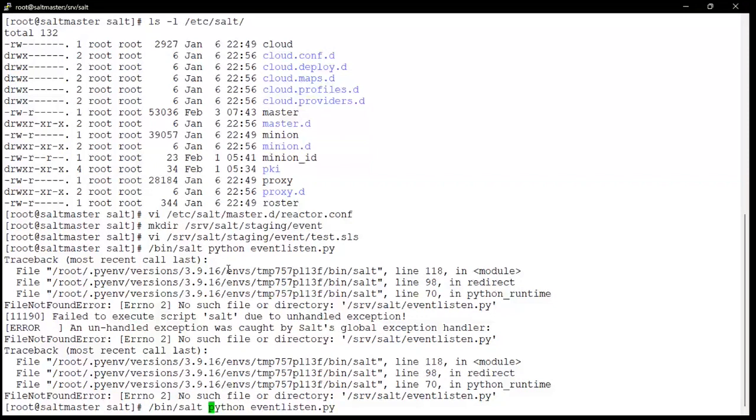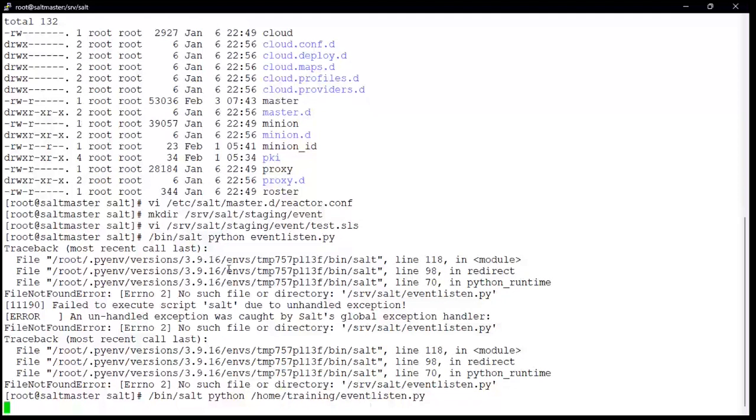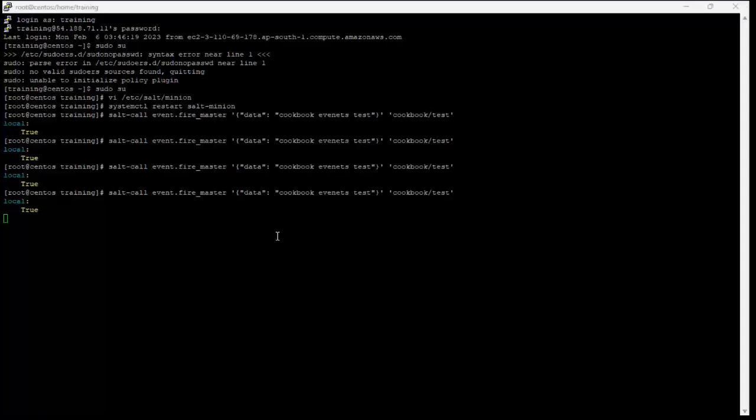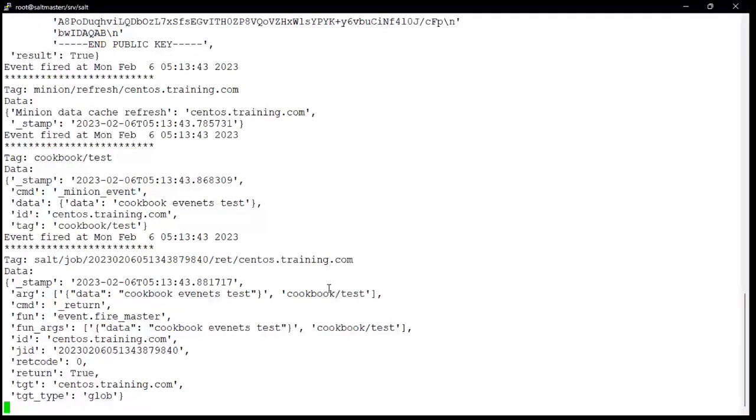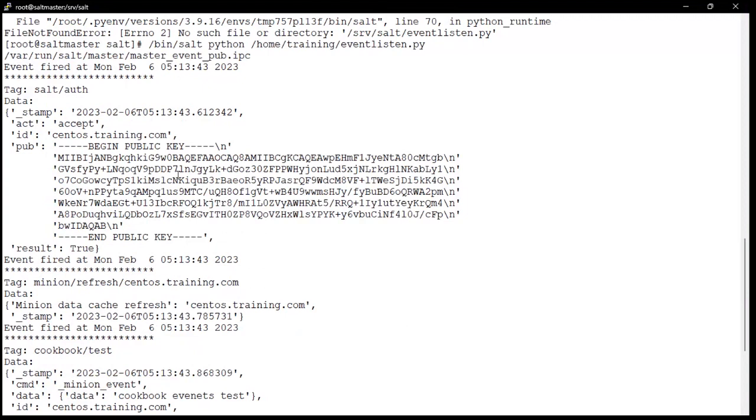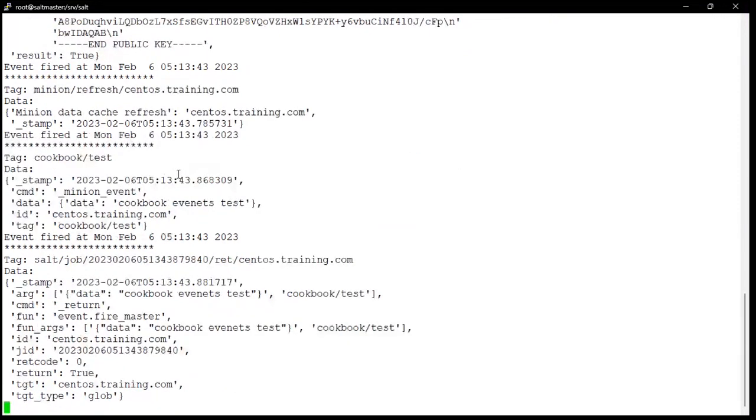Slash. Let me run this. Let me trigger the salt-call event. Okay. You can see that it is getting triggered. So the event is fired. Now, if I go to this /stem,